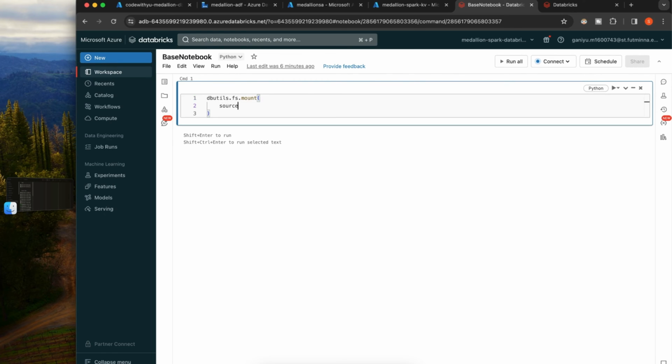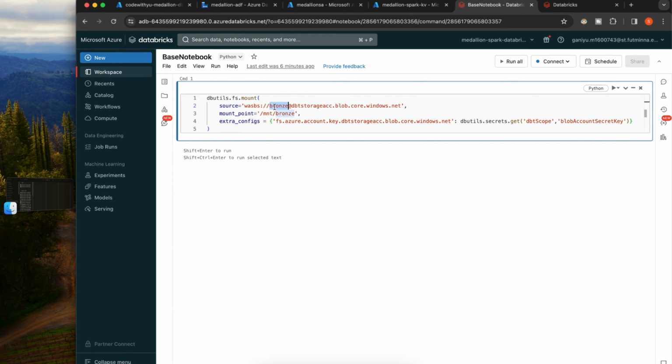So we have our source. I'll just copy this so that I don't make mistakes. Just copy that and change the name to Bronze and change the storage account name to medallion SA. I'll change this as well to that, and then change the key, which is what I have in here as my